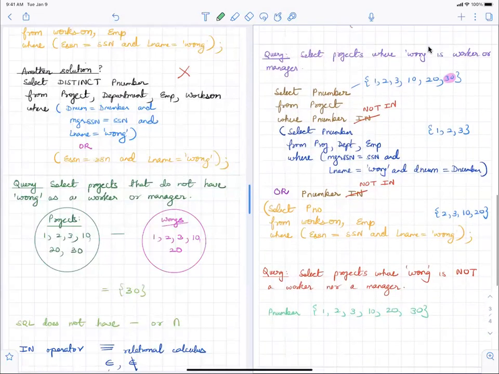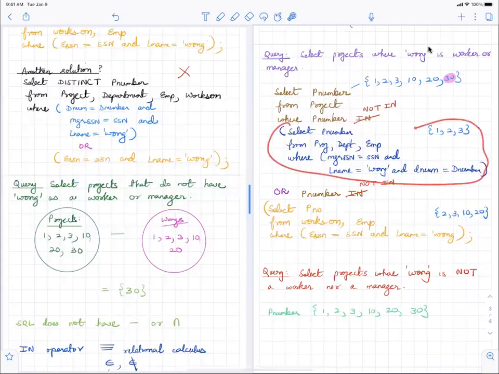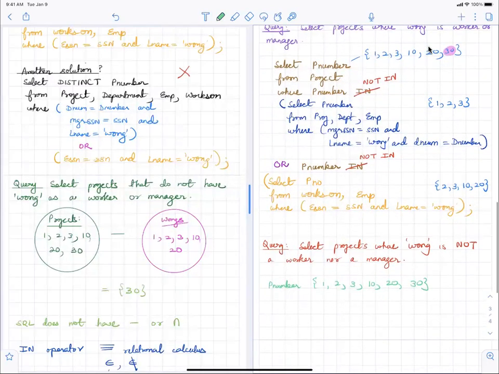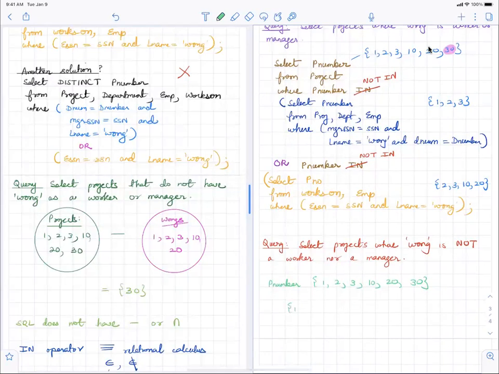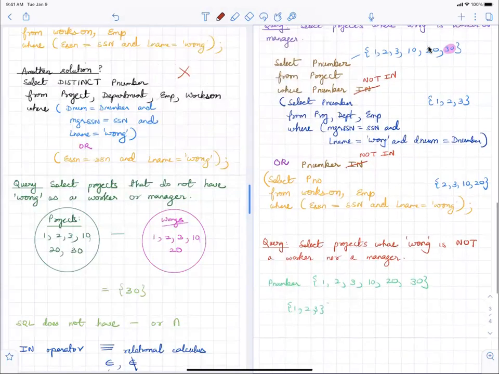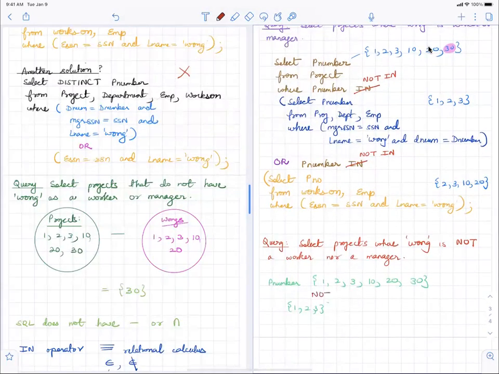If you look at this portion of it, the answer to that is 1, 2, and 3. So if it's not in 1, 2, and 3, the answer to that part would be 10, 20, and 30. So that's the first part.